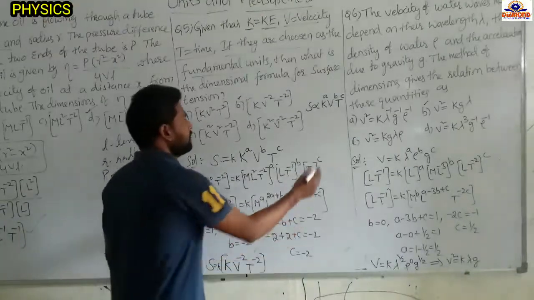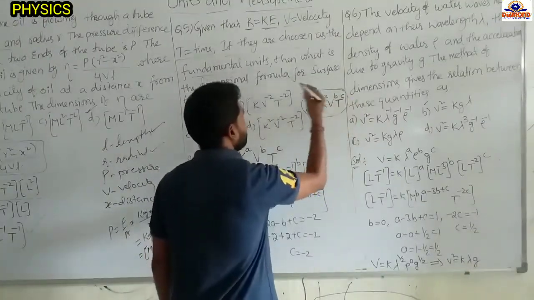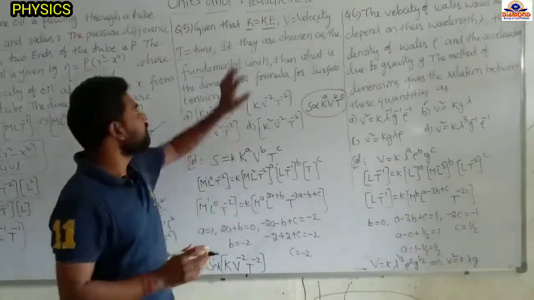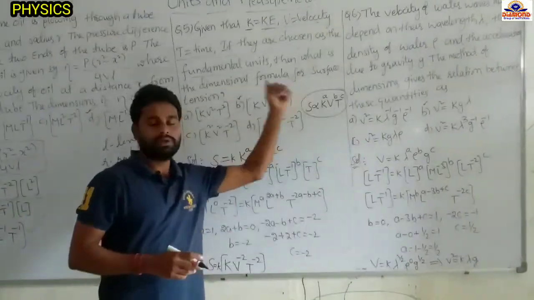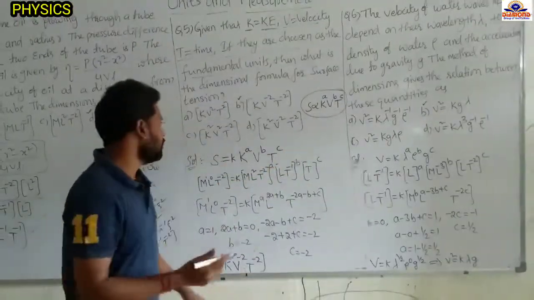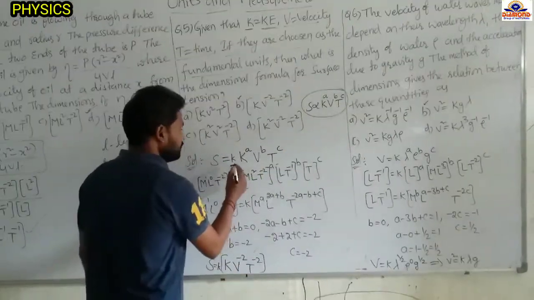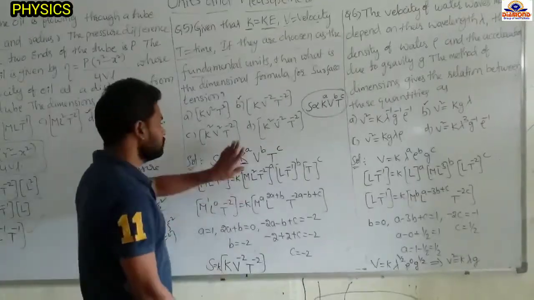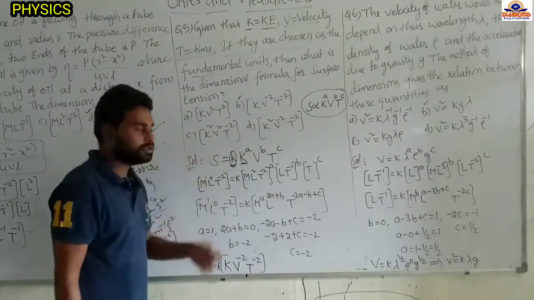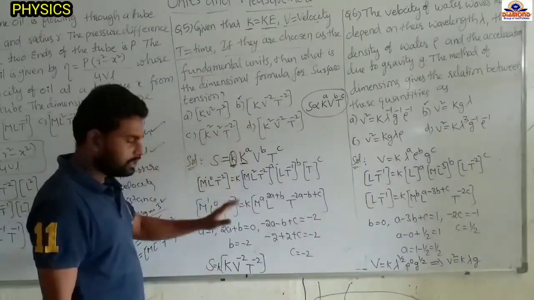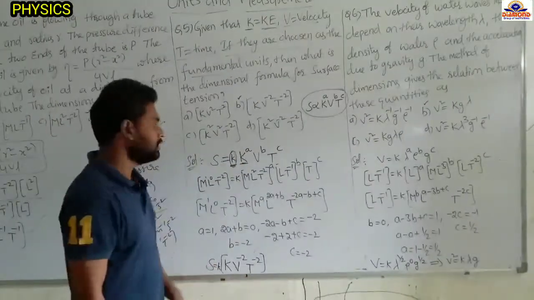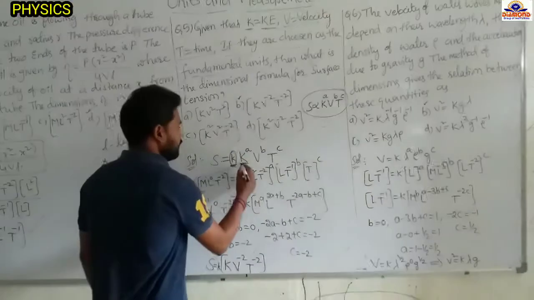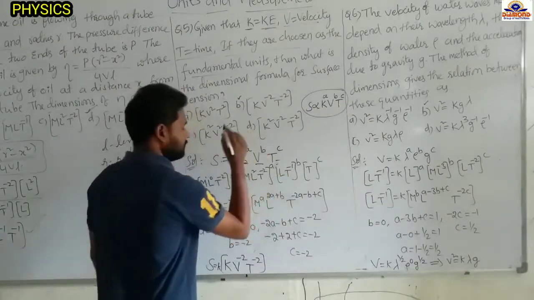Suppose if they give the question in this method, we have to express it like this. That means surface tension we have to write down in terms of the given fundamental quantities. Directly proportional to these values. So I am removing the proportionality, so proportionality constant k. This is the dimensional constant. In some options they may not mention this dimensional constant, in some options they will give the dimensional constant also. This small k I am indicating is the dimensional constant. Kinetic energy, velocity, time.